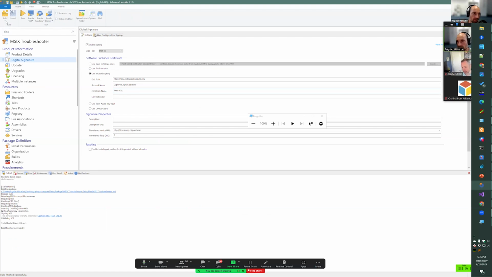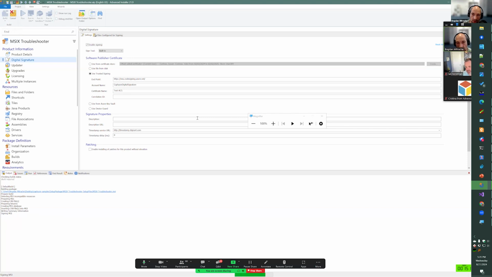So if I just trigger a rebuild here, as you'll see with the next integration, Visual Studio, here I already have the binaries generated. Advanced Installer takes those binaries, inspects them, and then prepares the CAB for the MSI,